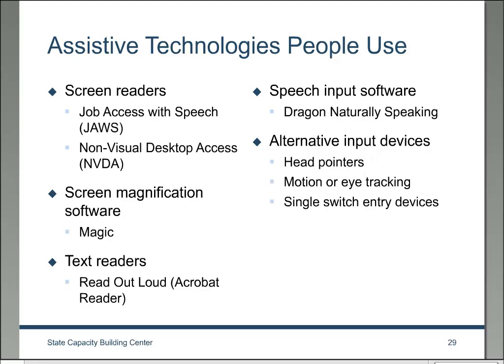Speech input software provides people with difficulty in typing an alternate way to type text and also control the computer. Users can give the system some limited commands to perform mouse actions. Alternate input devices are things like head pointers, which is a stick that they might wear on their forehead to use their keyboard, or motion tracking or eye tracking devices,